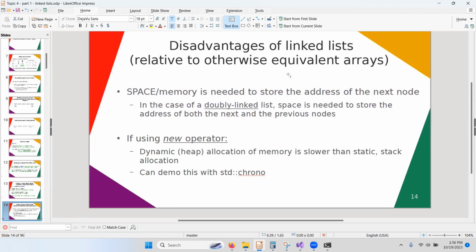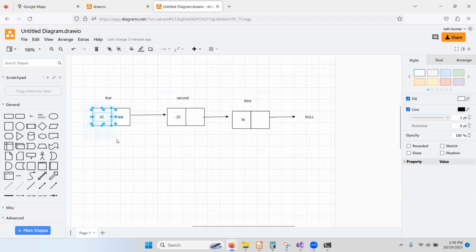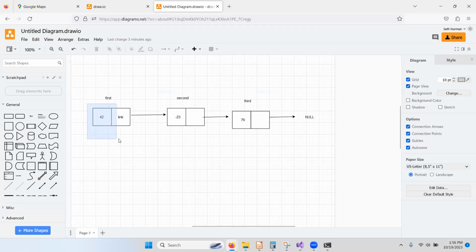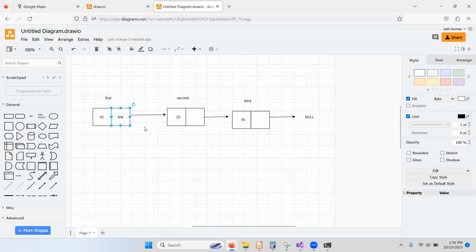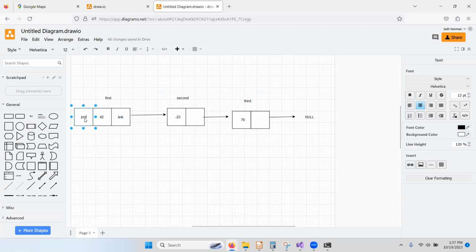I do point out disadvantages of linked lists compared to arrays. Arrays just consist of data, like this box right here. Linked lists consist of nodes, so they have both the data and the address of the next link in the list. In the case that you're using a doubly linked list, which has certain advantages that we might get into, there's a link called previous, the link to the previous node,